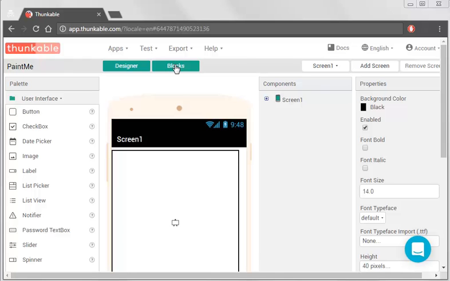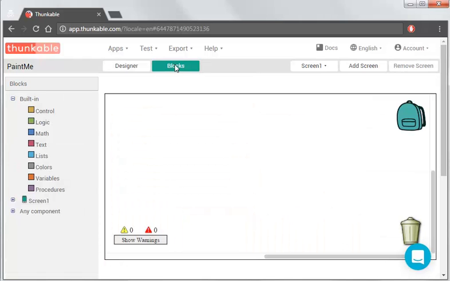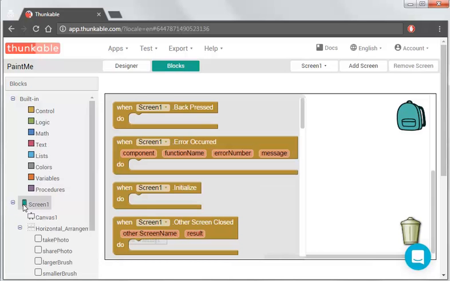So we've done all the layout with all the user interface. Now we go to the blocks to do all the programming. So any editing in the design goes to the designer, all the coding goes in blocks. So we have screen 1, and if we go to screen 1, what we need to do first